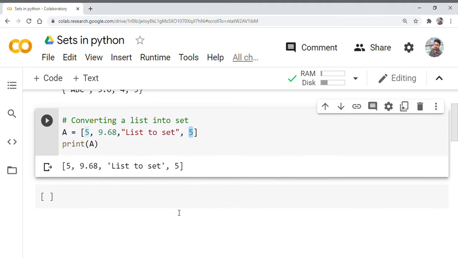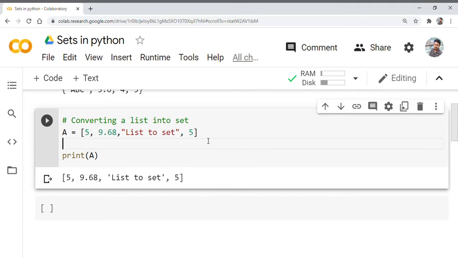But if we convert this list into a set, B equals set of A. The name of the list is A, and we are converting it into a set and storing it in B.